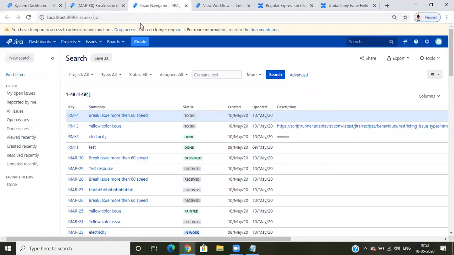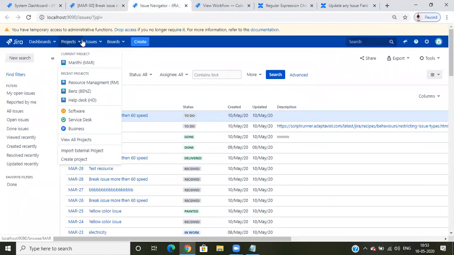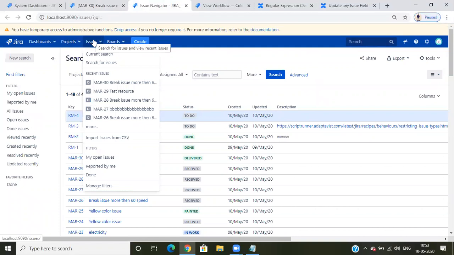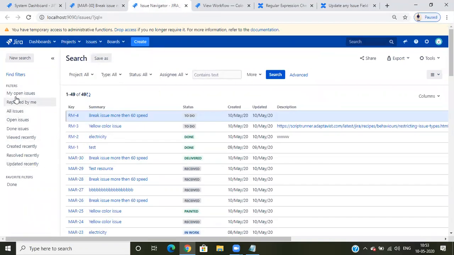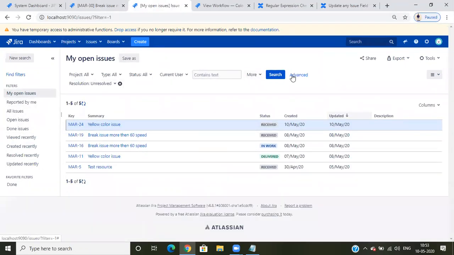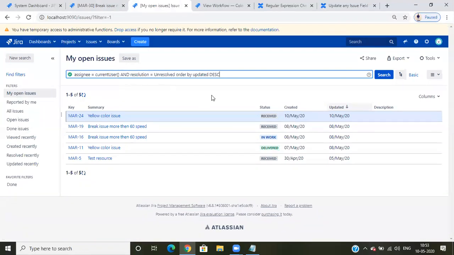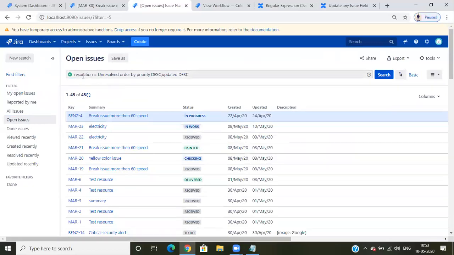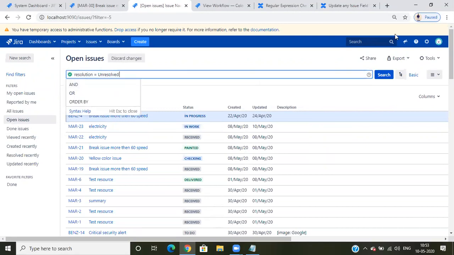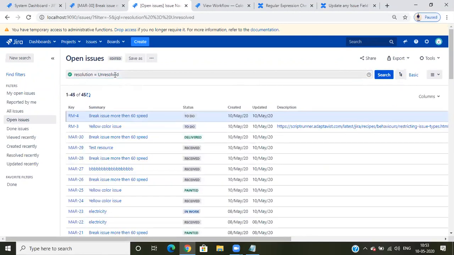So if you look at the issues option here, after projects we have something called issues. In issues, if you click on search issues, you will get some options on the left side. Okay, so this is the filter. If I click on my open tickets, this becomes assignee is equal to currentUser. This is the advanced JQL filter. I'll tell you how to write this filter next. First of all, I'll select open issues. How is open issues calculated? Resolution is equal to unresolved, order by priority. Remove all this, there is no need. So resolution is equal to unresolved, 45.